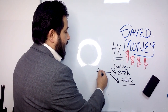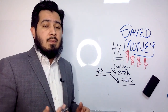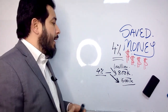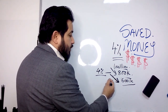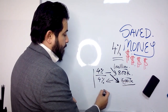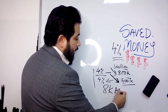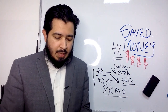So they're okay at getting 4% on this as a transfer fee, right? That's what is owed to the government, which is perfectly fine. What they would not be okay with is if the transfer is happening at 600,000 dirhams. Essentially speaking, the land department is going to be out of 8,000 dirhams in transfer fees, okay? Because it's 4% on every 4,000, approximately, okay? Now,